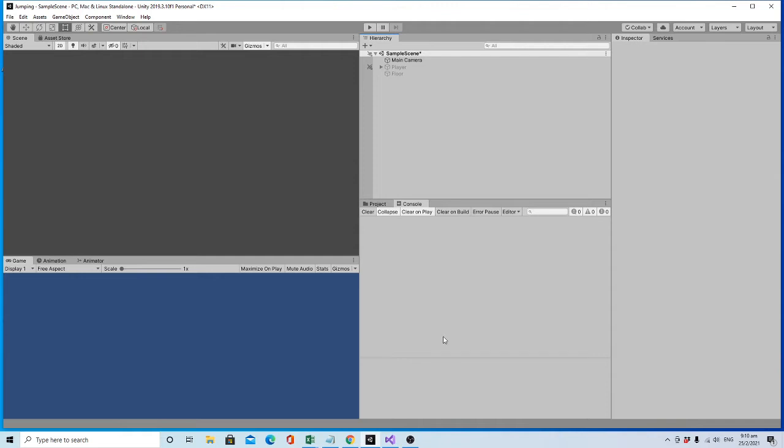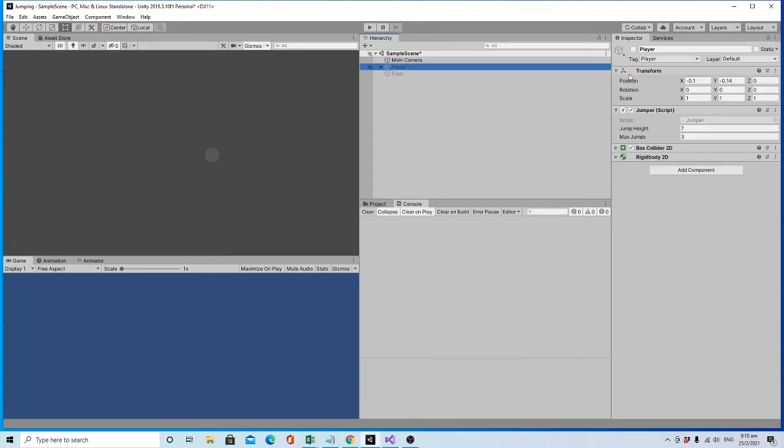Now, if you recall, Unity is about game objects, right? And every game object comes with components, and each component has attributes, right? So for example, the transform component has attributes of position, rotation, and scale, and we can manipulate those values with the use of code. So to make it look better, we are going to have a proper player